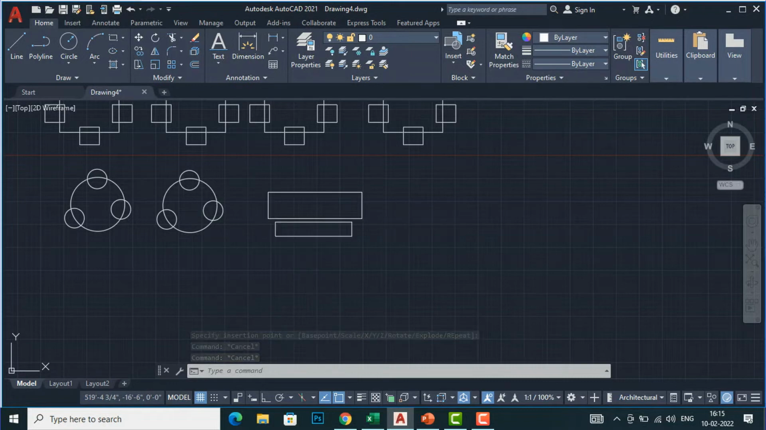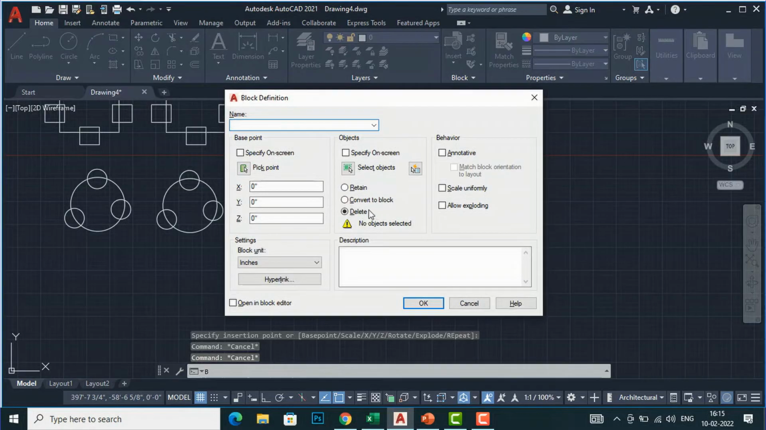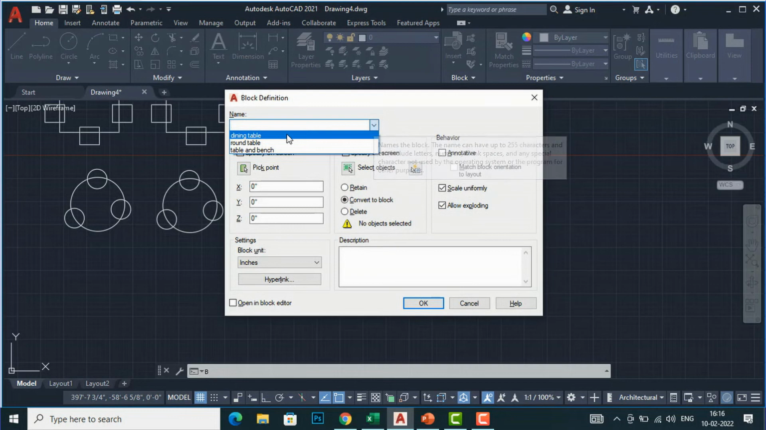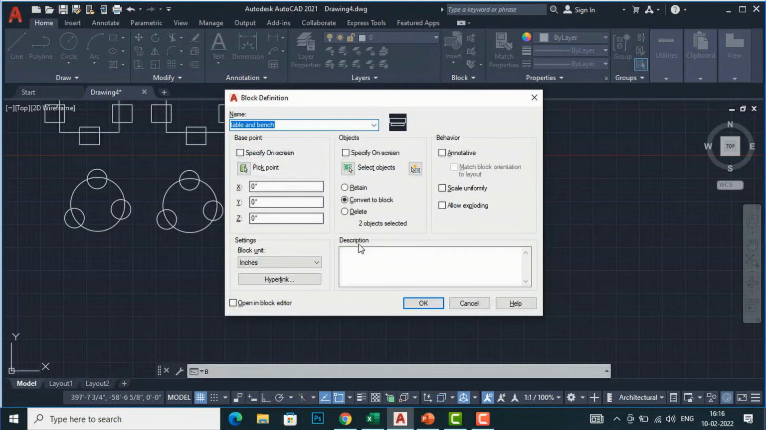So I'm going to enter B again here, and now I will select this default, convert to block, and now I am going to select this one, scale uniformly, and this is allow exploding, so you can explode your objects back to the original. So I am going to click OK. Now you are required to select the object which we want to scale uniformly. So I am going to select this one, table and benches, and I will use scale uniformly and allow exploding. I will click OK,